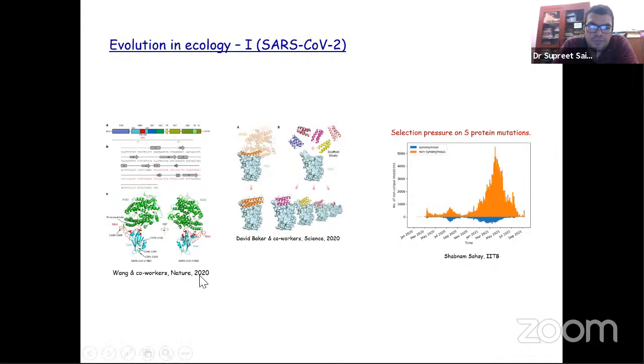And very soon after this paper, David Baker's group published a paper in Science, which is an extremely elegant combination of theory and experiments. What they did is they recognized the surface where the receptor binding domain of the S protein on the virus is in contact with our ACE2 protein. That point of contact is very, very important. This is the key contact which enables the virus to gain access.